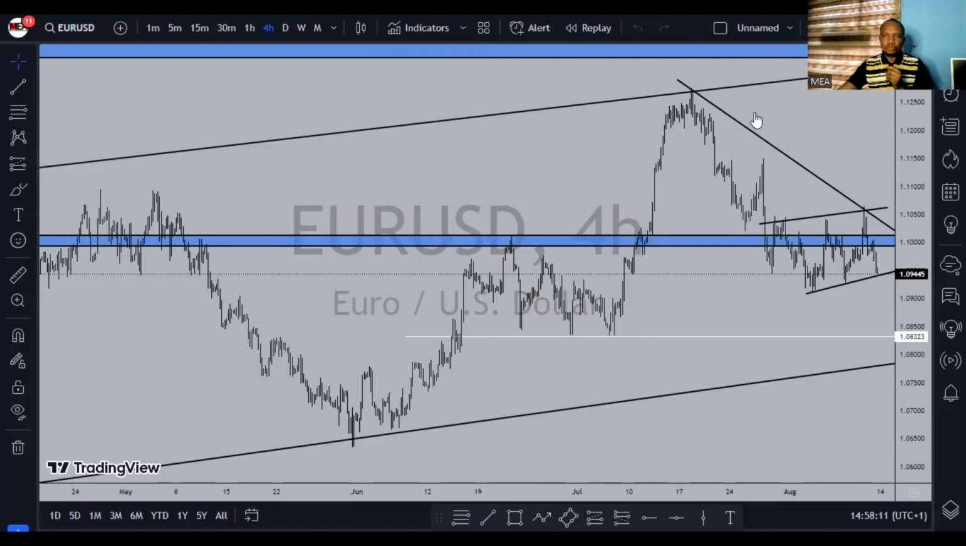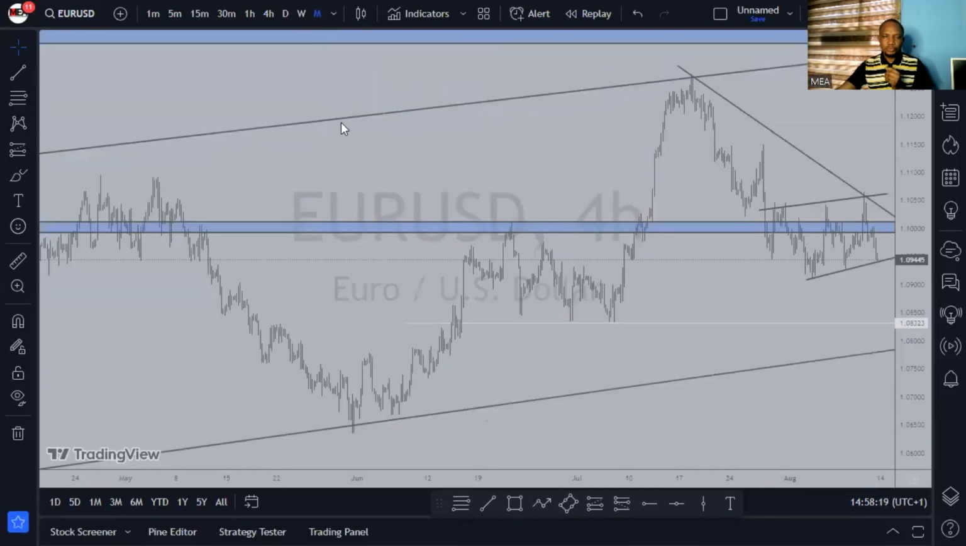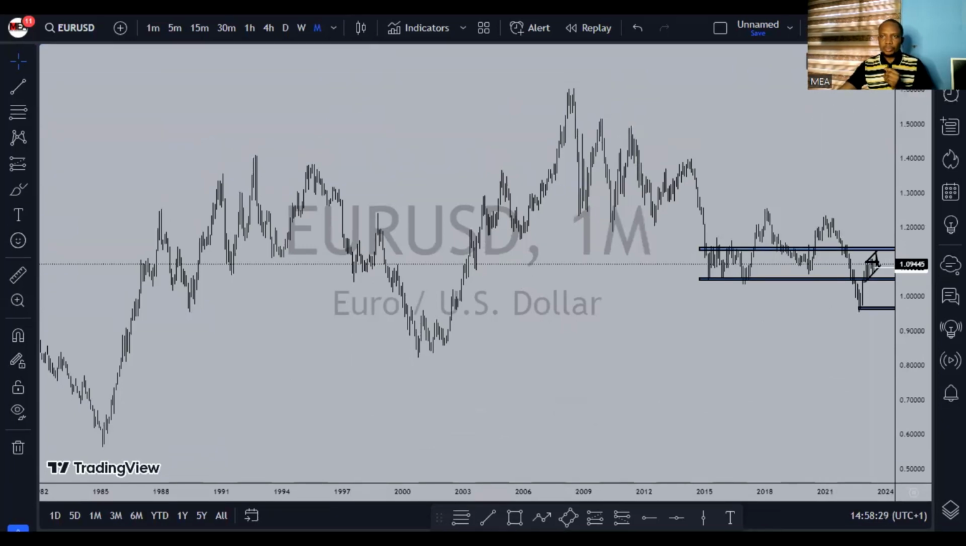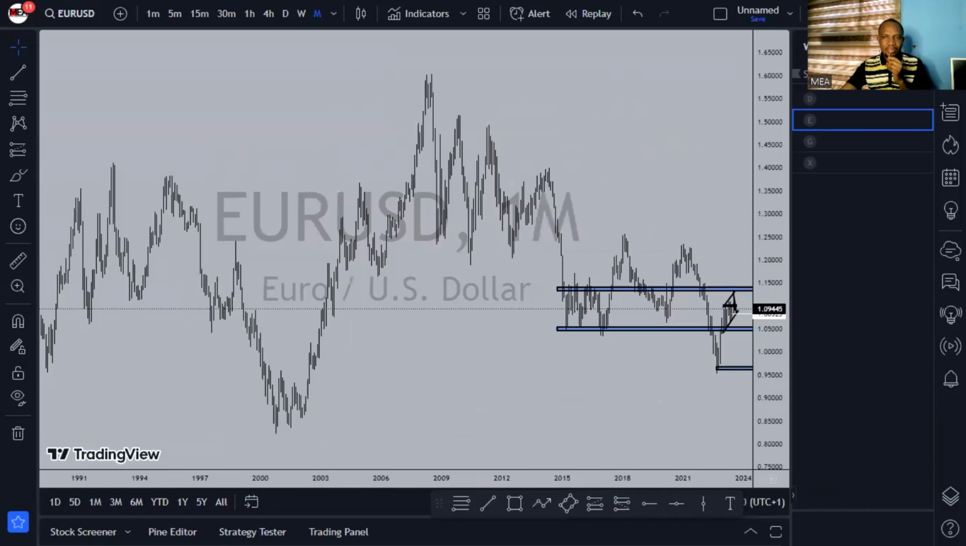I make use of TradingView in my analysis. I deem it fit to start from the higher time frame, start from the monthly, but before I actually start my analysis, I will first also analyze the DXY,